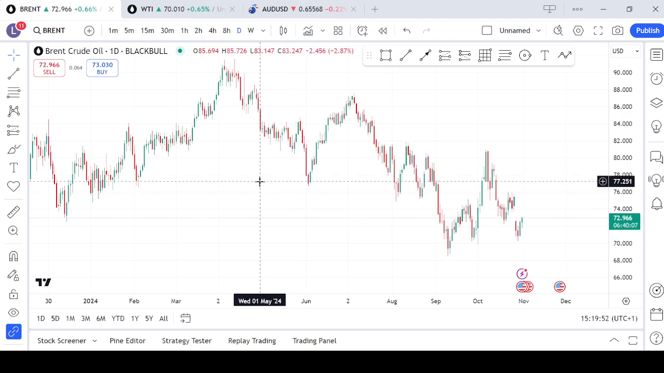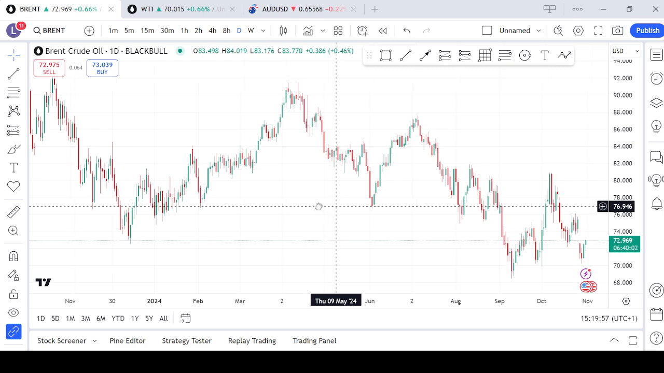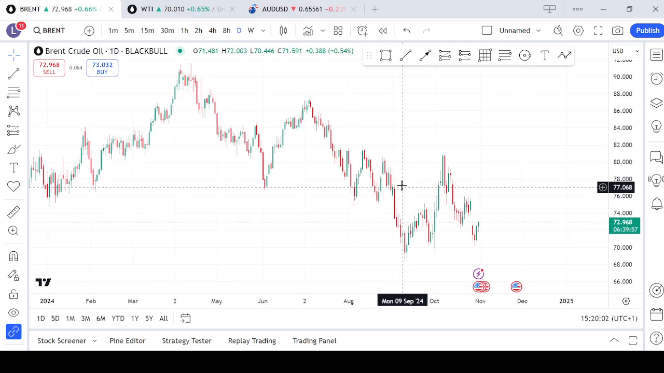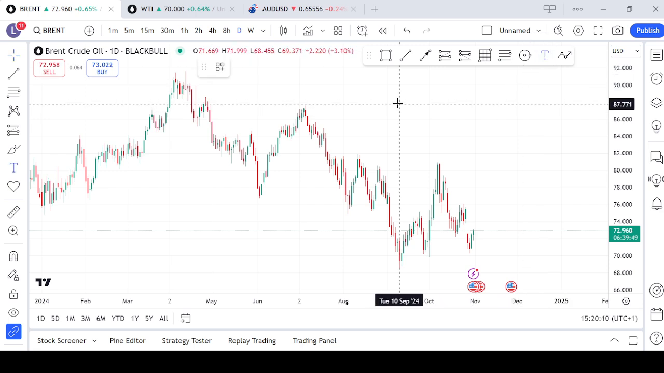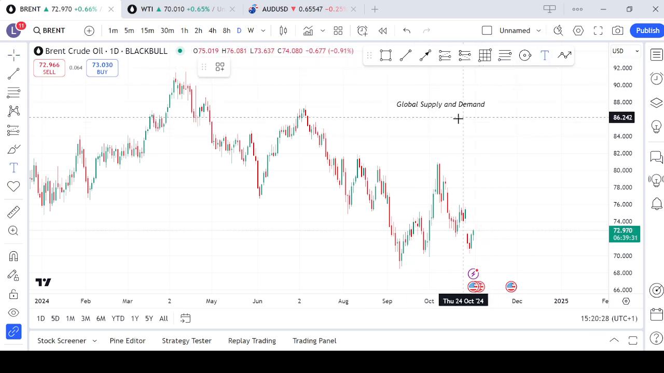So to effectively trade oil, you must first understand the market's intricacies. The oil market is influenced by a complex interplay of factors that can significantly impact prices. So key factors influencing oil price include global supply and demand, geopolitical events,